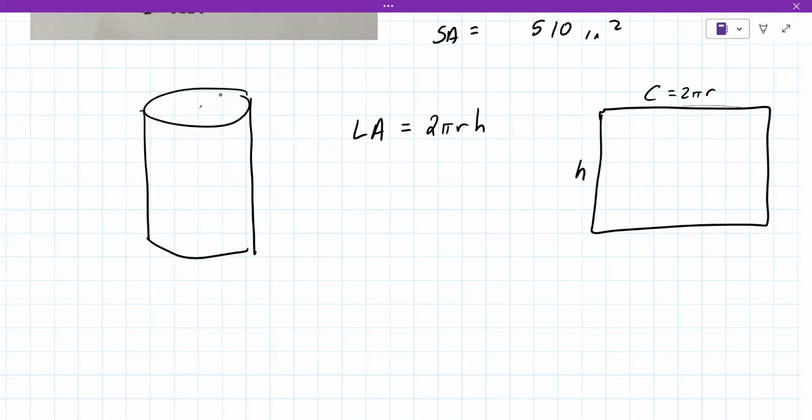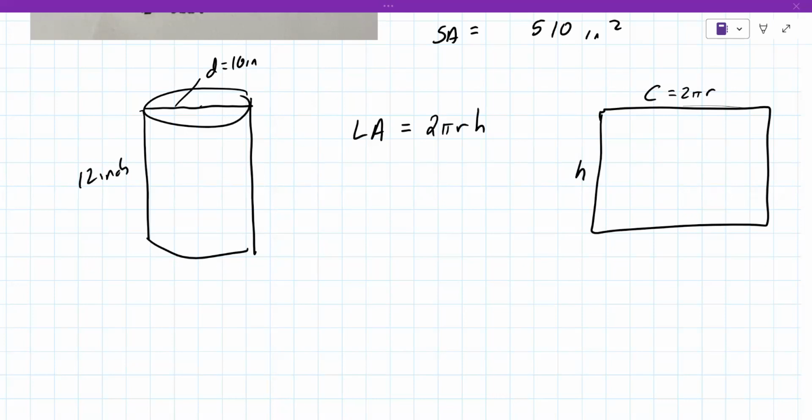Which means I have to give you the radius, but I'm not going to do that. I'm going to give you the diameter. I'm going to tell you the diameter is 10 inches. I'm going to tell you the height is 12 inches here. Could you find the lateral area for me, please? So that would be 2 times 2 times pi. And then r would be 5 times 12, which gives me